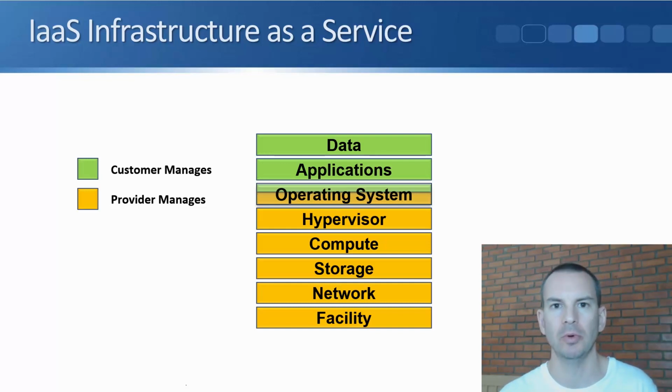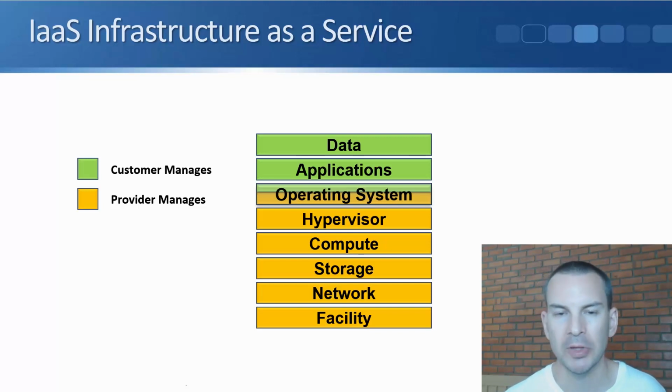This is where it's different when we look at the cloud models. With cloud, it's not just the facility which is owned and run by the provider, but also the hardware equipment is owned and maintained by the cloud provider as well. So the facility, the network hardware, the storage hardware, the compute hardware, and the hypervisor software is all owned and maintained by the provider. The operating system also will be installed by the provider, and we will get access from